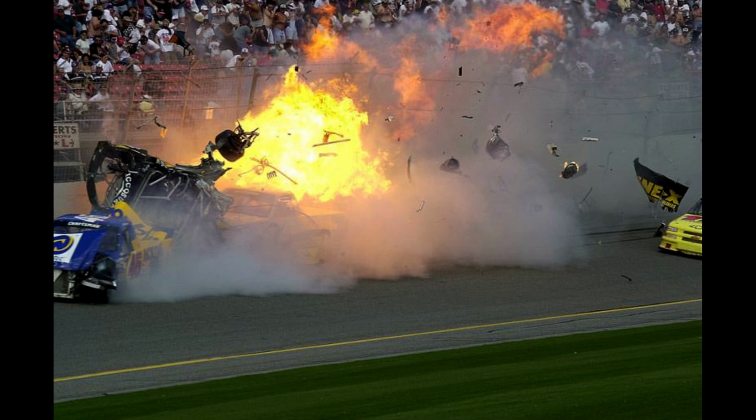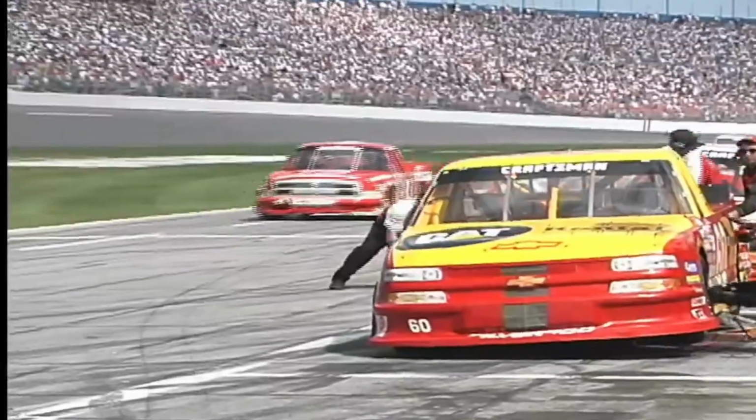If you've watched NASCAR for a while, then chances are you've heard of or even seen Geoffrey Bodine's horrific crash at Daytona International Speedway in the 2000 Daytona 250. But how did this happen, you may be asking? Why did Bodine hit the fence? Why did his car catch on fire? How bad was the wreck truly? Well, today I'll try to answer some of these questions to the best of my ability by describing the wreck